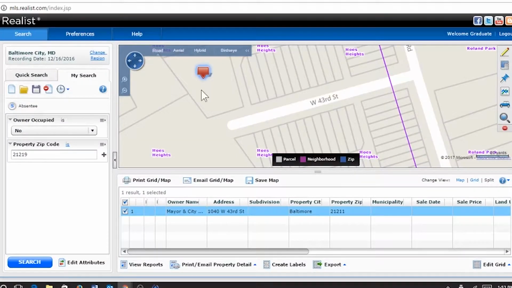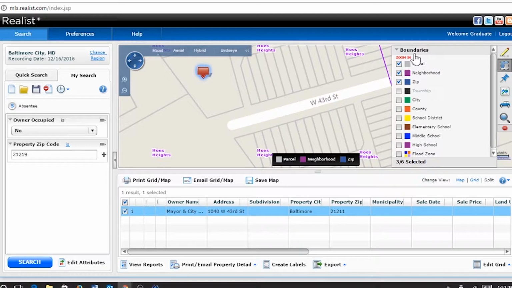So one of the things that I do is, for this, you have to go into the My Search tab. You'll notice that you have this icon here which is identified with boundaries. You click on that and it gives you the opportunity to create boundaries. I find the top 3 to be most useful and most beneficial. That being the parcel, again, that identifies the property lines, the property boundaries,